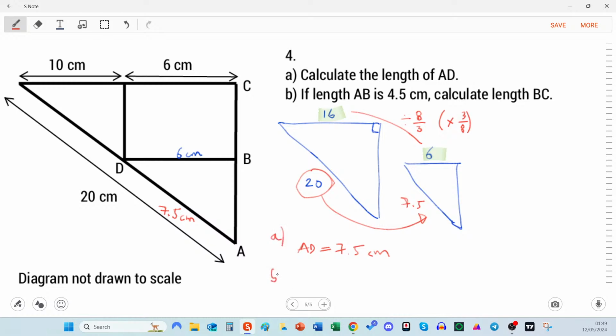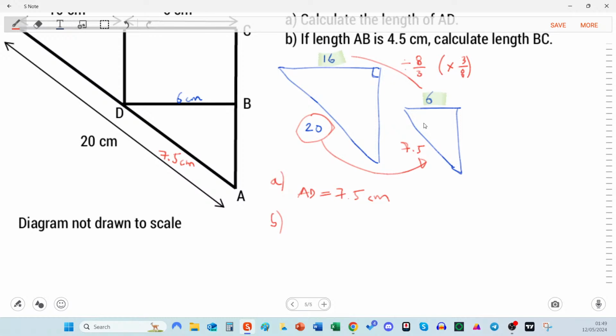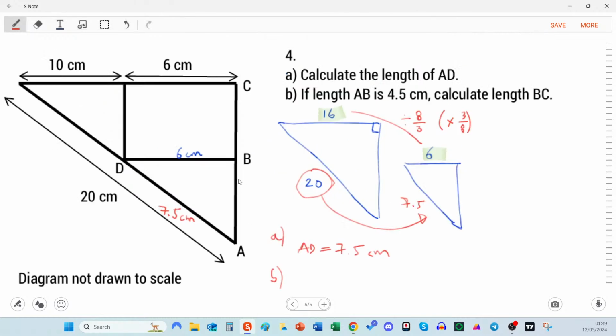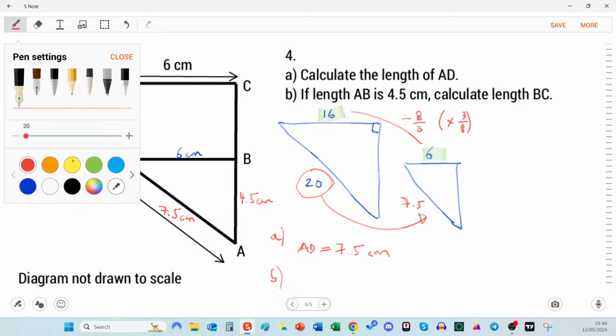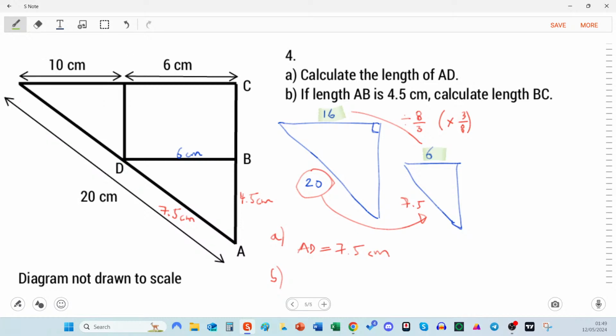Part A. Part B. If length AB, there you are. If length AB is 4.5, there's a freebie, thank you. Then calculate length BC. Okay. This is one of those triangle things again. Sorry, similarity gigs. Let's try green. So essentially on our triangle, this is 4.5. And we want to know